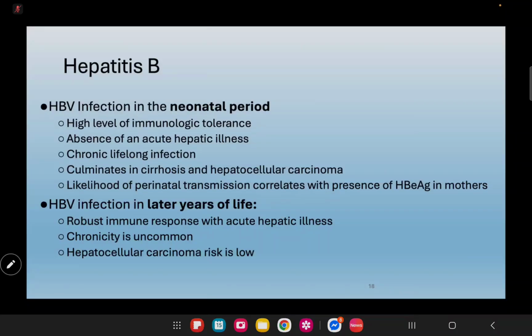So if you have met patients with chronic hepatitis B, majority of them got it while they were still young, no? Especially a long time ago, if you were not born in the hospital or in a training institution, even if the mother is positive with hepatitis B, the baby or the newborn is not given the immunoglobulin against hepatitis B. So they get the virus, and then later on during adulthood, it will become chronic. So it's better to get the virus in adulthood rather than during the neonatal period.